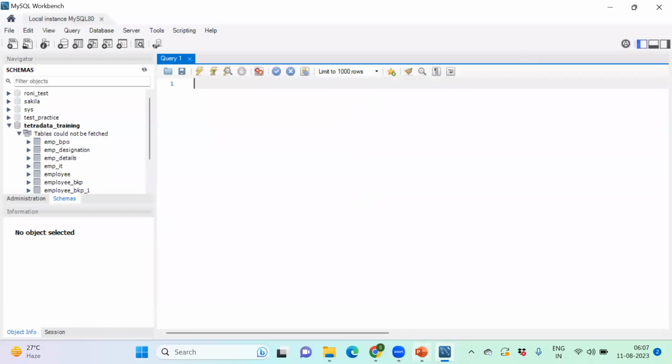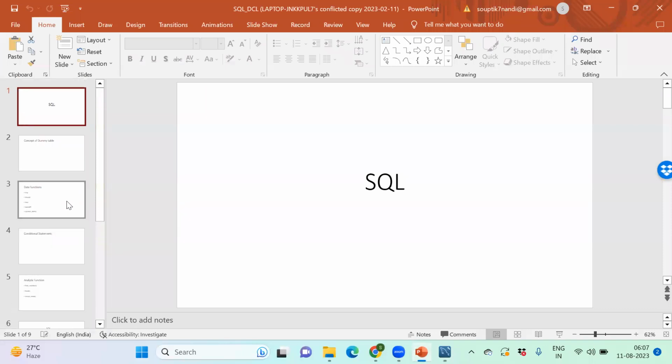Okay, let's start the session. So, just a quick recap of what we have covered till last day. We are learning the SQL part. It's under DQL, data query language, and in DQL we have learned